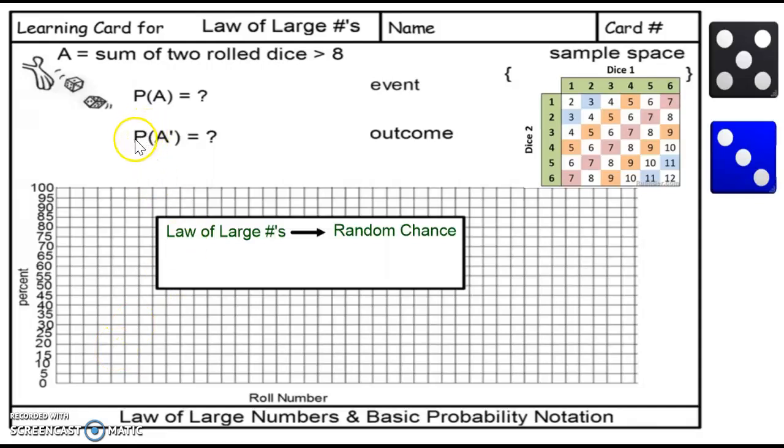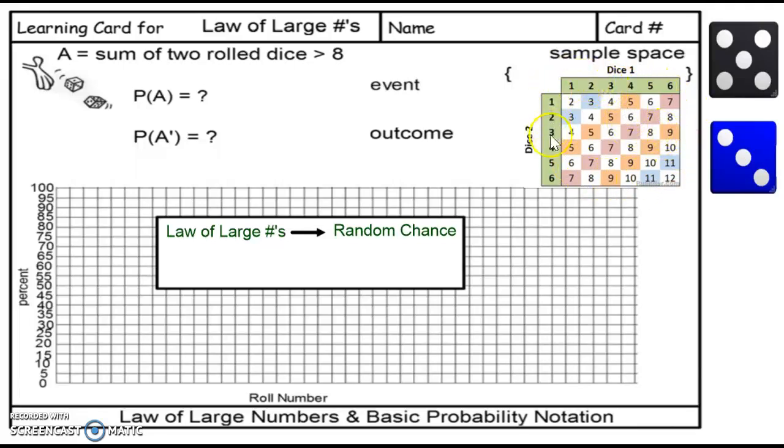So here's a video to fill out our learning card on the law of large numbers. As we look at this, right here in the middle, we want to say that the law of large numbers is all dependent on just random chance. It's what happens randomly. So we're going to use rolling two dice and looking at the sum of those two dice